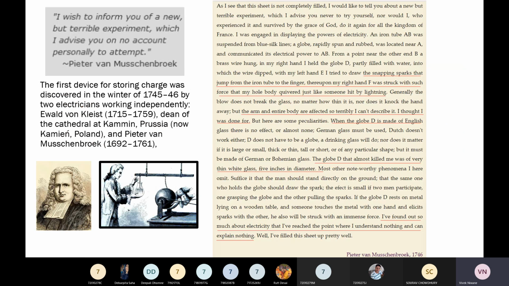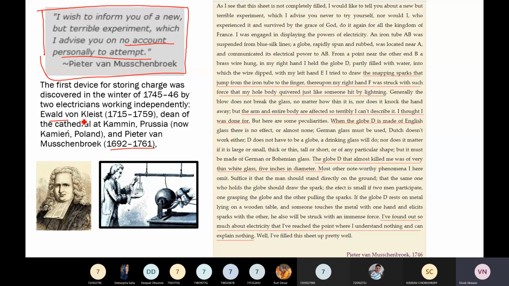Okay, before that, one experiment. Let us read this statement in the left hand side top corner. I wish to inform you of a new but terrible experiment which I advise you on no account personally to attend. भाई कुछ भी कर लो, मत परफॉर्म करो. ओके, क्यों? क्योंकि ये जो बंदा है